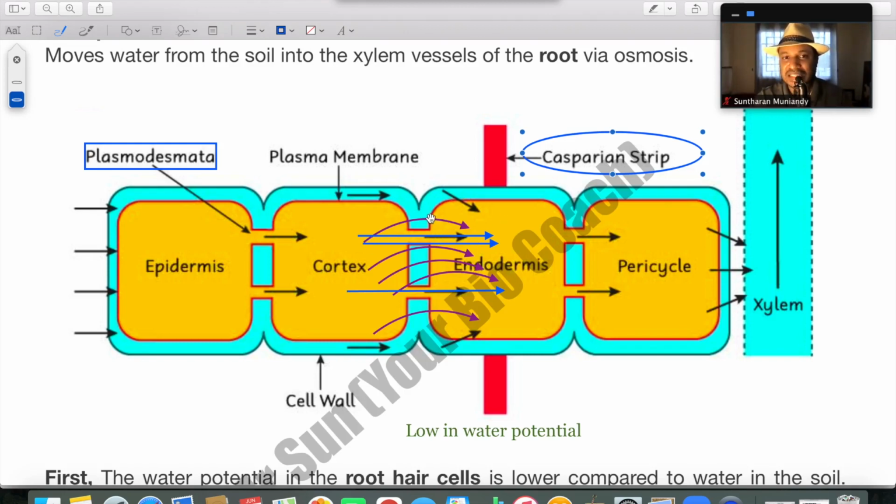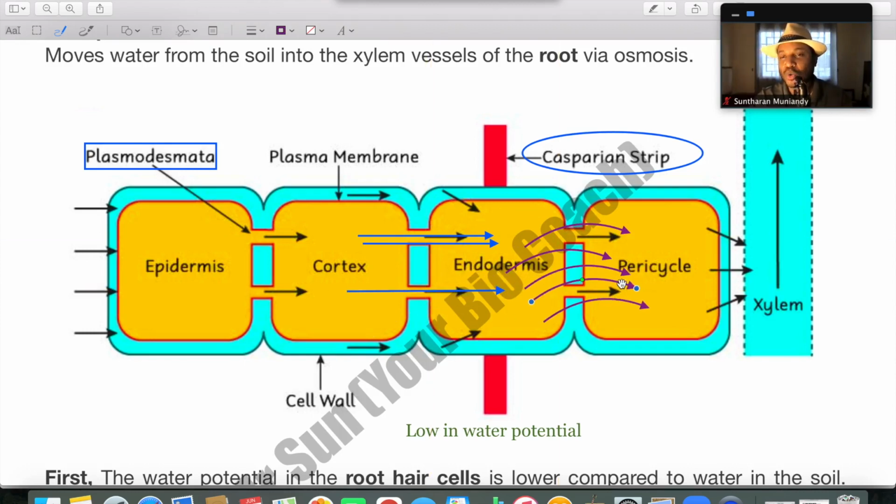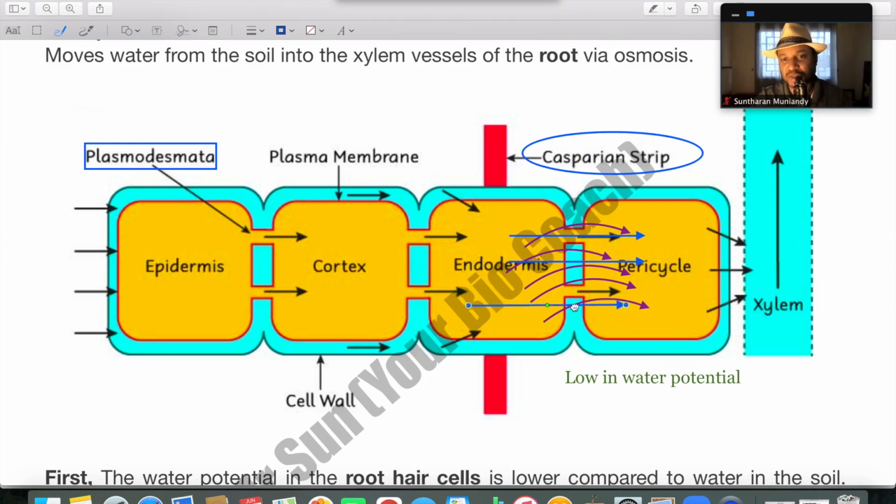Now the same process is done by the pericycle. The pericycle will conduct active transport, pumping in mineral salts and ions from the endodermis against the concentration gradient, making the pericycle always low in water potential, and that is going to cause water to diffuse from the endodermis to the pericycle via osmosis. And finally, the final thing happens, which is